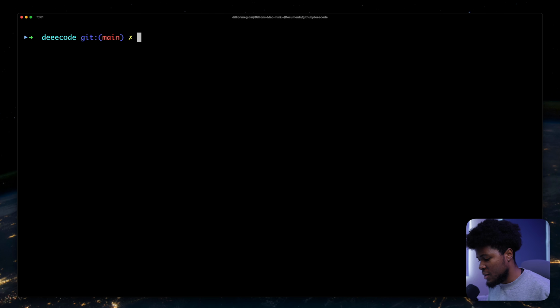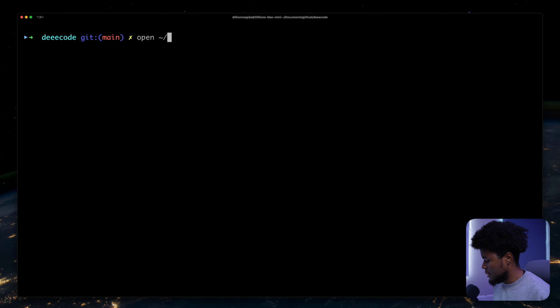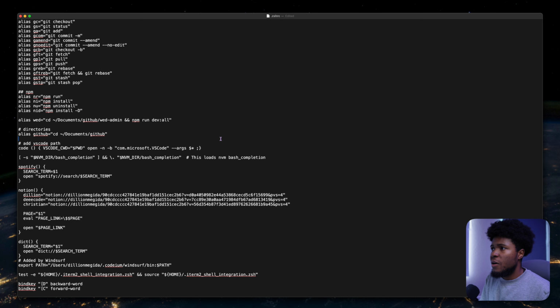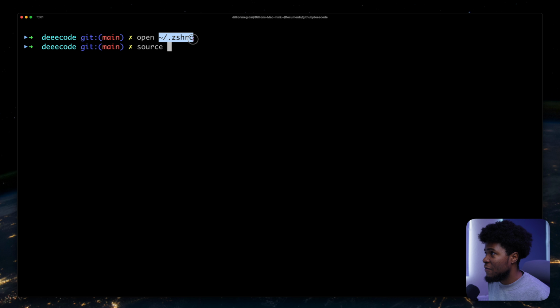Now the 5th one is getting the arguments that you used in the previous command. Now let's say I change my configuration file for my ZSHRC. This is my configuration file where I have some aliases, I have a couple of things, and then let's just say I make some changes here and I save those changes. Now I have to run source and run this same file again. I can either copy and paste it or maybe type it again, but I can actually just get the arguments